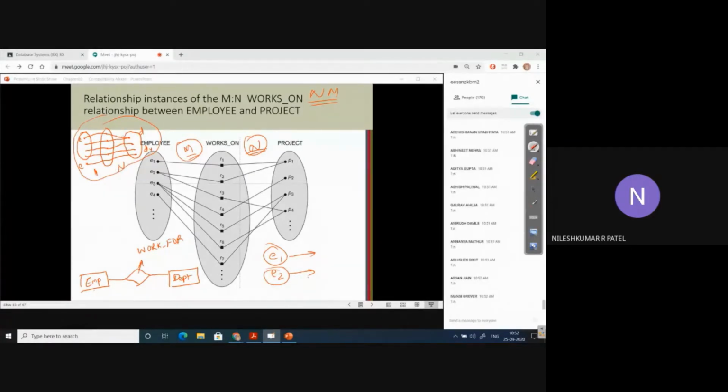Why so? Because, as in the case of department number 1, we see 2 incoming lines. Otherwise, every other department has only 1 employee. This is the only reason; it gives us a hint that this is a many-to-one relationship. This is by example, but you have to apply your understanding. Even without drawing this diagram, you can think of it: according to the requirement, every employee is working for one department, but one department may have more than one employee. So the department side is N and the employee side is 1. Without drawing the diagram, you can think of the cardinality ratio also.